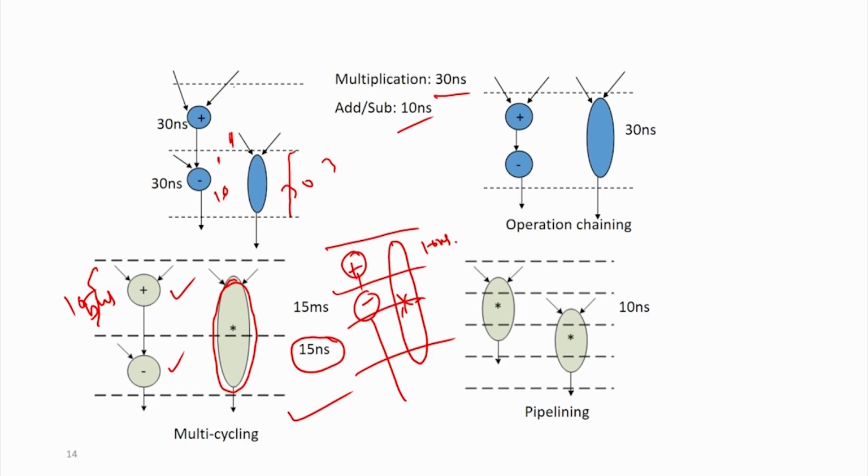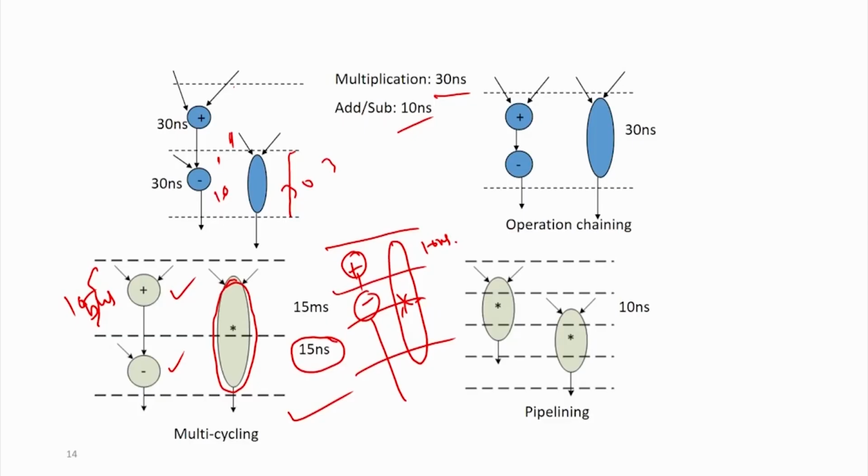So, it is not always the case that your multiplier or any operation is a single cycle. To get a high clock speed, sometimes we decide to use multi-cycle. For the bigger operations, we use multiple clock cycles to execute that particular operation, whereas the smaller operations can be executed fast. So, this is one option, or the other way, you can